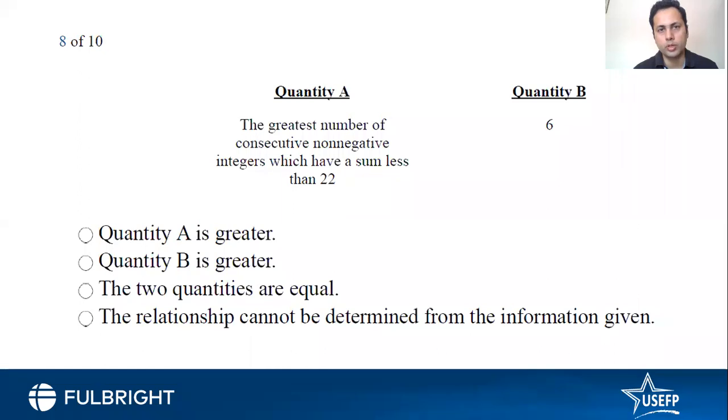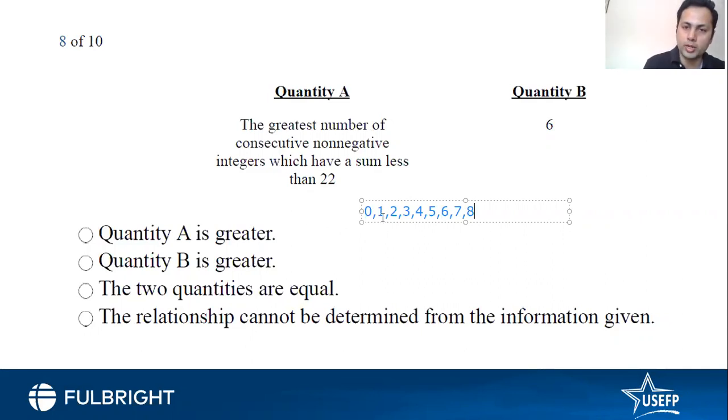0 is a very important integer. 0 and 1 are very important integers. ETS tests these two a lot. So if we start writing 0, 1, 2, 3, 4, 5, 6, 7, 8, we go on. These are the numbers. So we need to find the greatest number of consecutive integers having a sum of